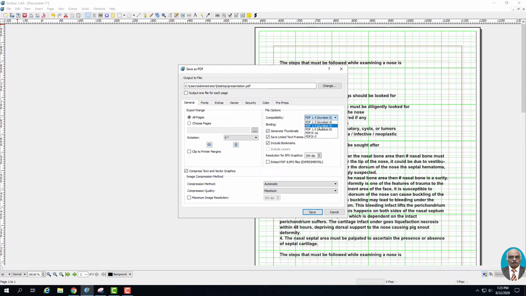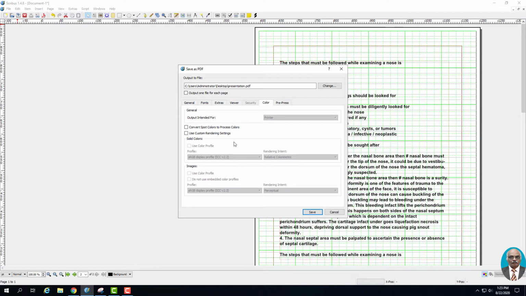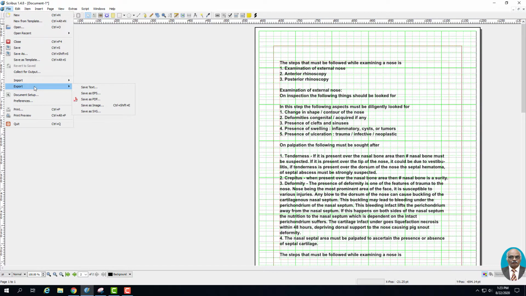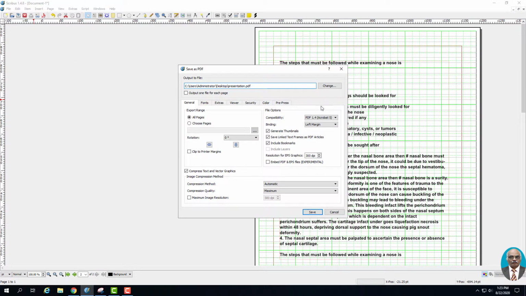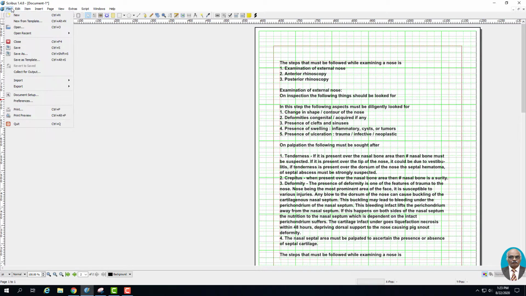Here, if I'm going to use PDF/X because I have color, you will be given the option. Now I am giving out the PDF.